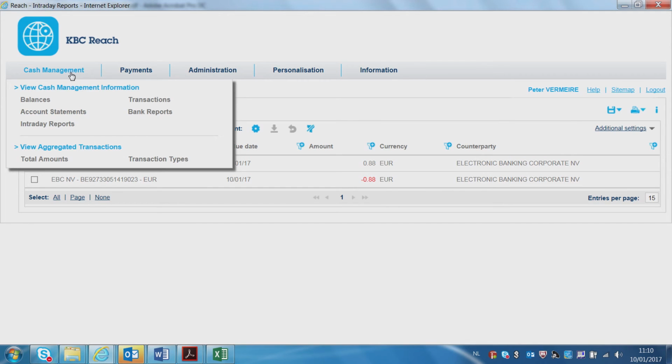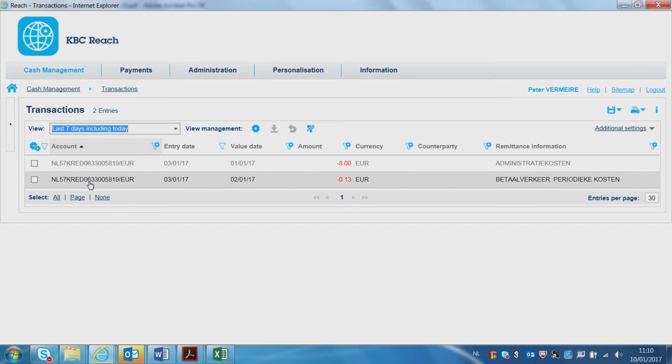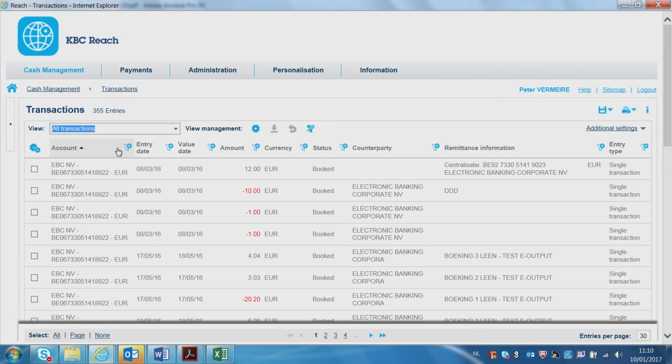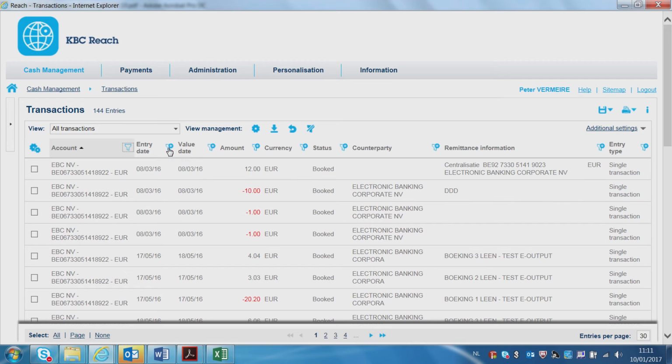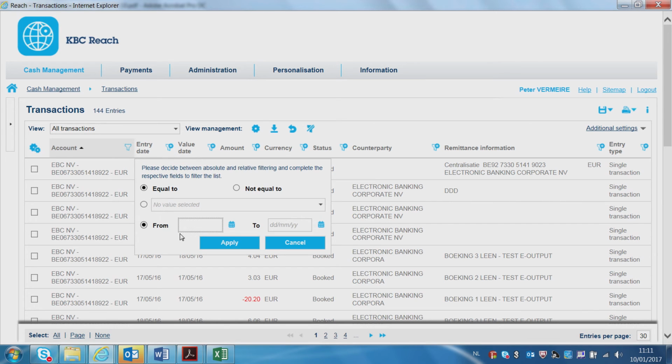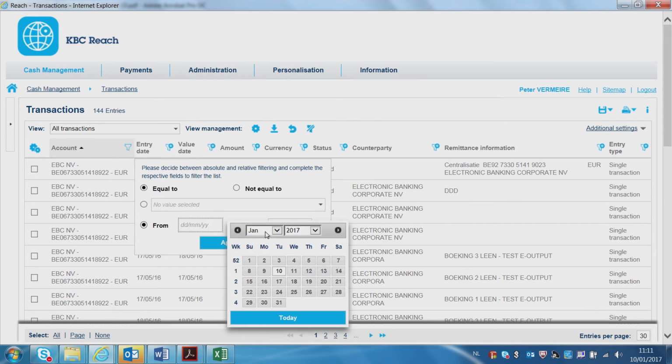Transactions lists all the transactions on all your accounts or only the transactions during the last 7 days, including today. This part of the Cash Management tab makes it possible to set up one or more filters to get an overview of specific transactions on one or more accounts during a certain period. If, for instance, you want to make a list of all transactions on your account ending in 22 during the month of September 2016,